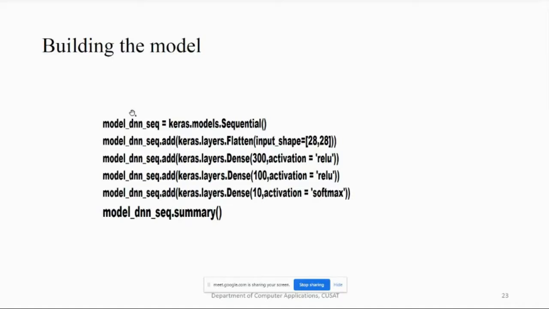So model DNN-SUQ dot add Keras dot layers dot flatten input shape, that is 28,28, and actually this represents the input layer of that deep neural network. And here flatten input shape is equal to 28,28. In our training data set, all the images are of size 28 by 28, right? But I'm going to create a deep neural network,